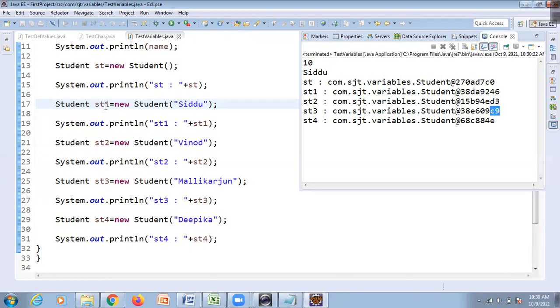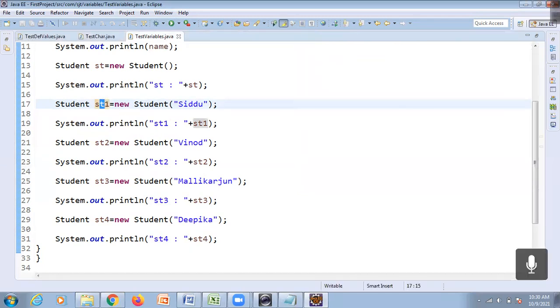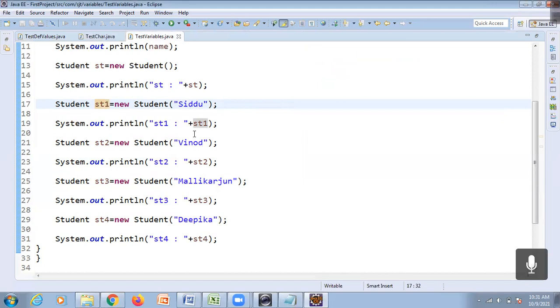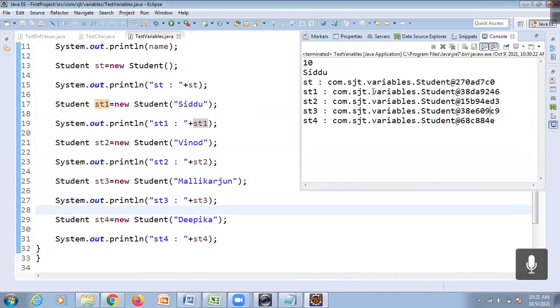Means JVM has allocated 5 memory addresses for these variables, and in that allocated memory, JVM is storing the addresses of the corresponding objects. But the question is, sir, here the values are different: Siddhu, Vinod, Mallikarjun, Deepika. But what we are observing here, it is not printing that.